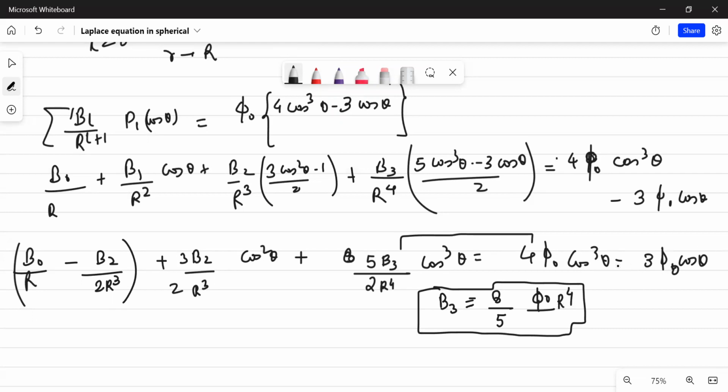And then you have to equate these, like this B2 is going to go to 0. Forget about it. All you have is B1. So your B1, where did it go? Here, B1 is there. So your B1 upon r square cos theta. So B1 upon r square will give you minus 3 phi naught. So your B1 is